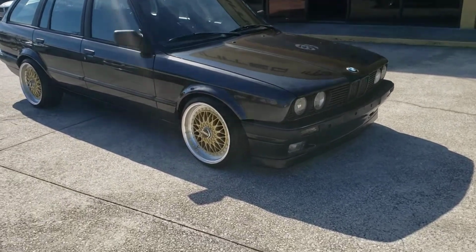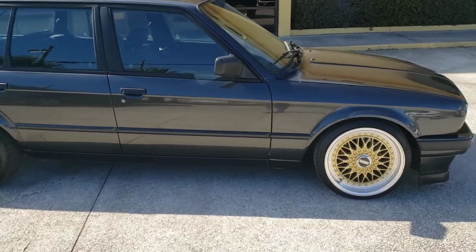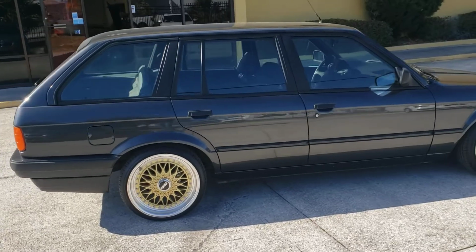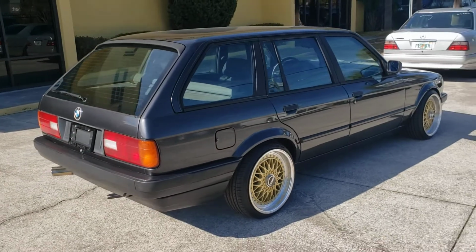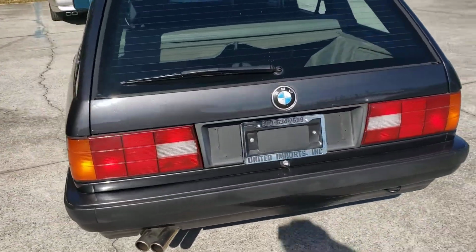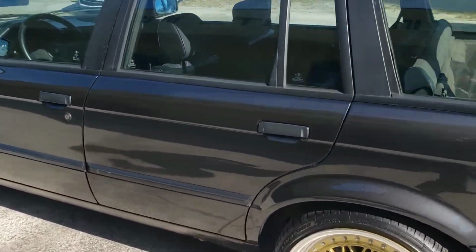Really not much to notice on the outside of the car, because the car underwent what I would call a partial restoration, probably a couple of years ago, if I had to take a guess. When we had it on the lift, there was a lot of undercoating, a lot of protective coating under the car, which tells me it was all done, and whatever rust it may have had, it was all repaired. I don't know if I can show any of that, but it actually does look very nice,